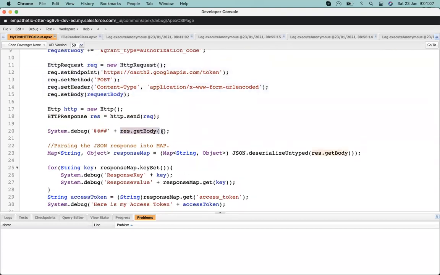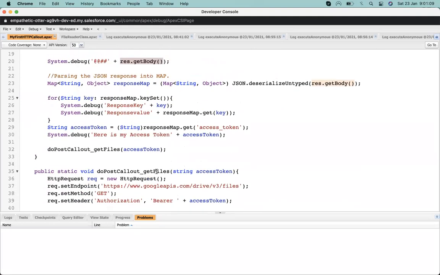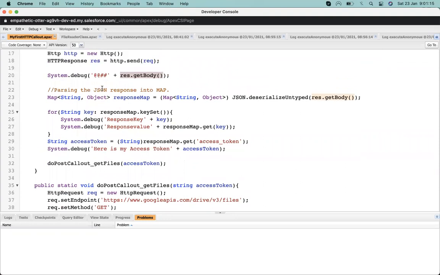And whatever response we get here, on the basis of that response we have to decide what we need to do. Suppose the response is a simple object with just key and value pairs, then just directly use this one. It will convert that key and object to a map, and we can directly access that.